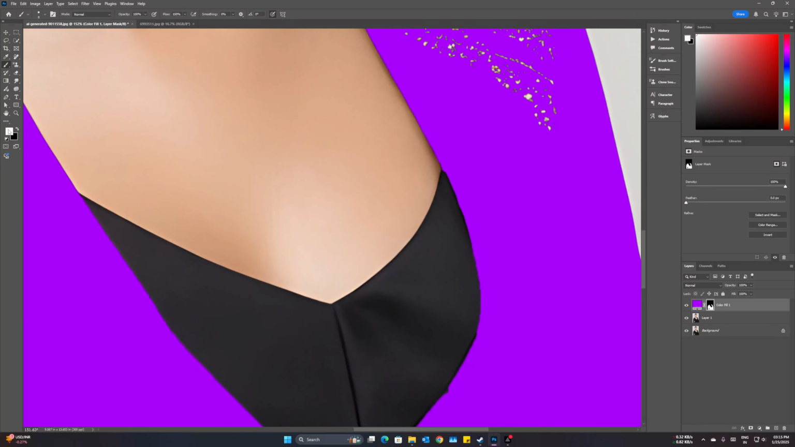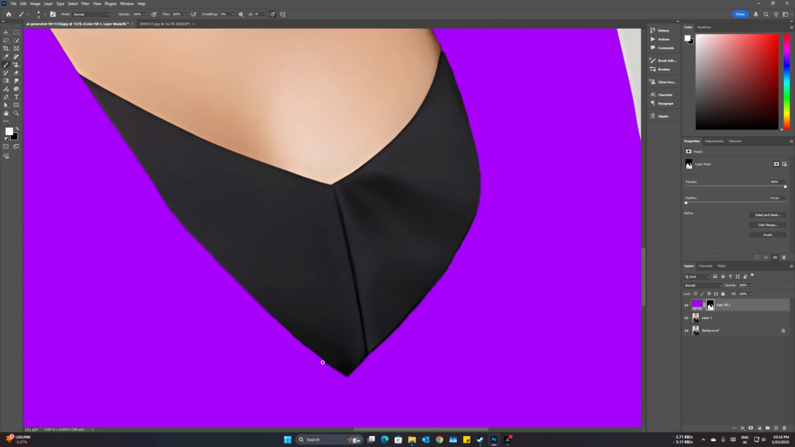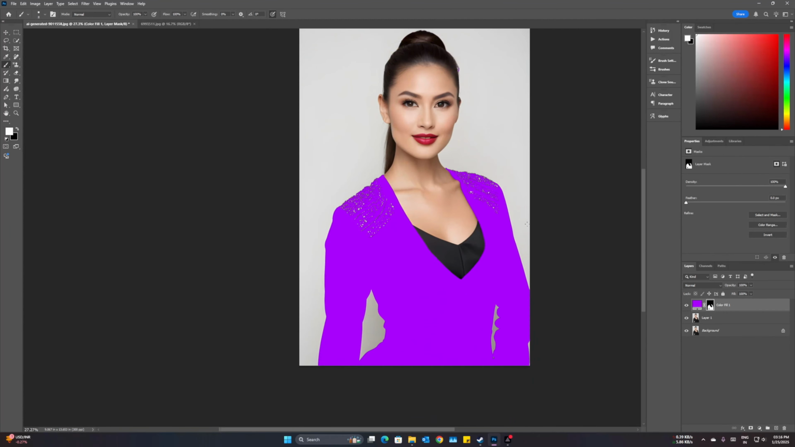So if we choose white, that means that portion will be selected, and if you choose black, that means that portion is not selected. So let me paint it. It's totally up to you how precisely you select. Okay, now